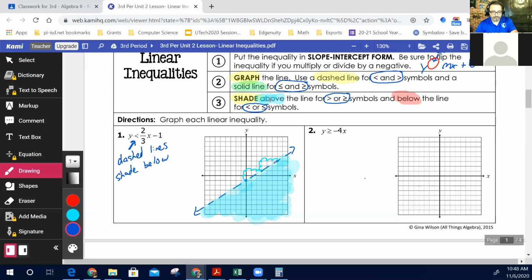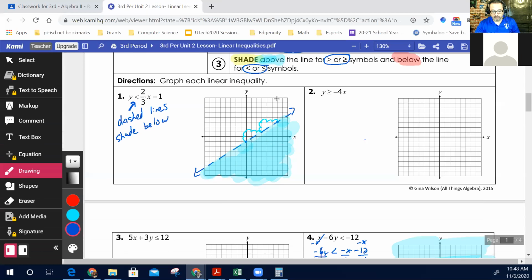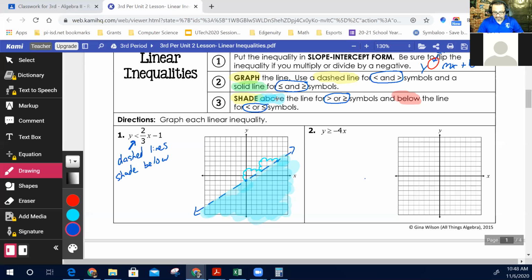And then the last step, because it is an inequality, is which part of this graph are we shading? We're going to shade above, or to the right of the line, if it says greater than or greater than or equal to. We're going to shade below the line, or to the left, if it says less than or less than or equal to. So let's take a look at example number two, where we have y is greater than or equal